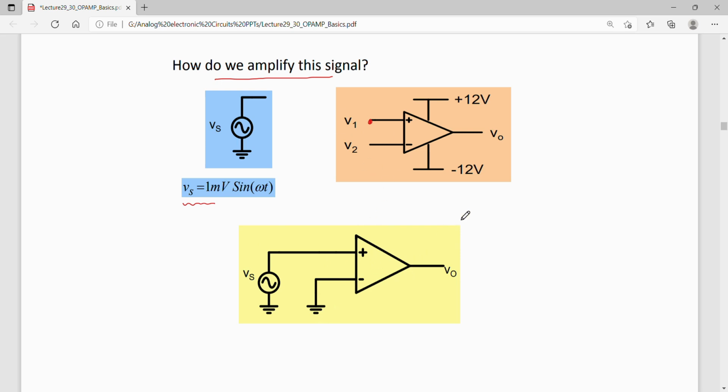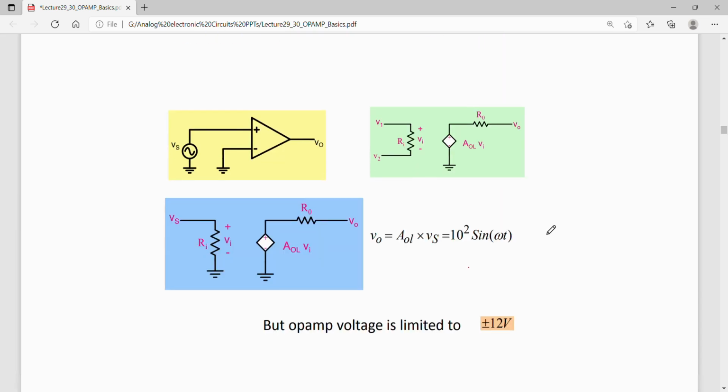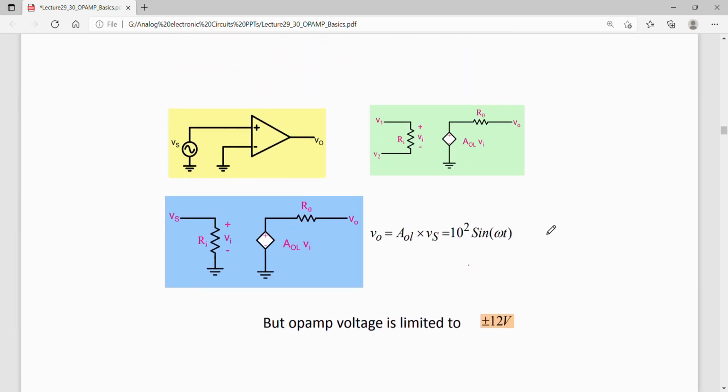We had already commented earlier that the output of the op-amp is equal to the open loop gain multiplied by the differential input. The other input is grounded to 0 and this non-inverting terminal is being fed with this Vs, which is 1 millivolt sine omega t. So can we amplify this using this configuration? Let us understand. The output is this much,